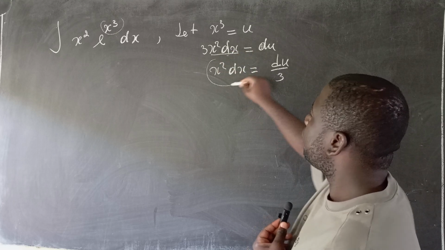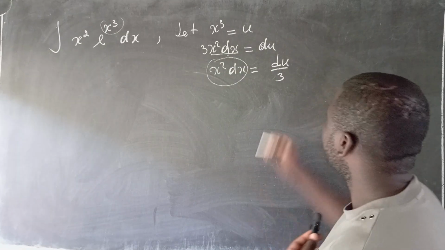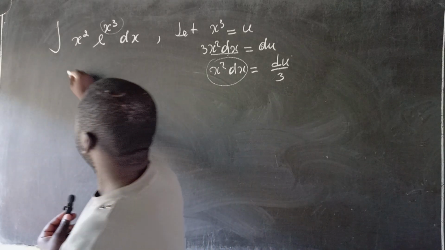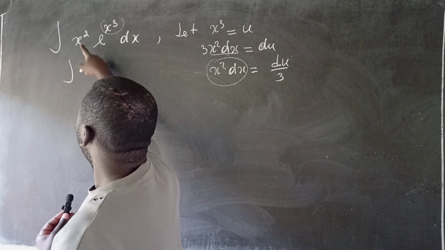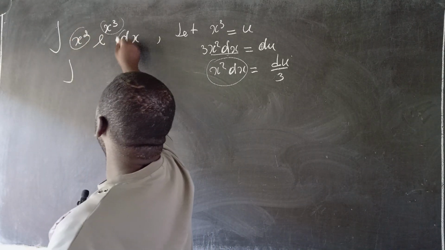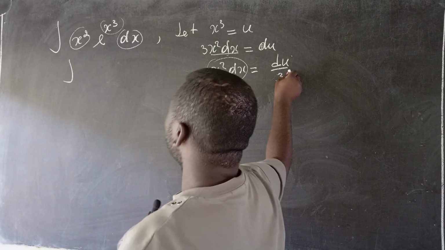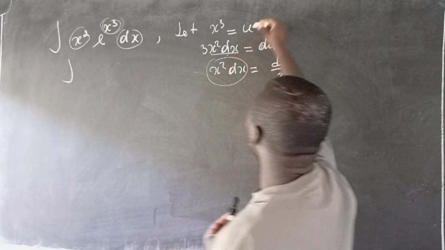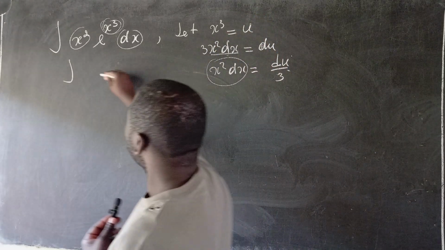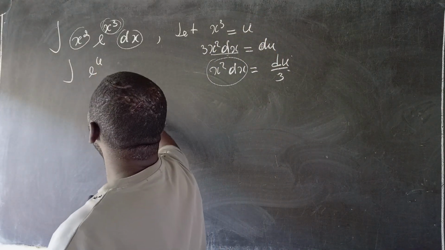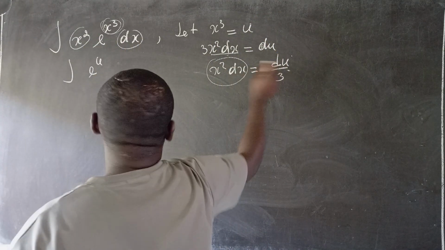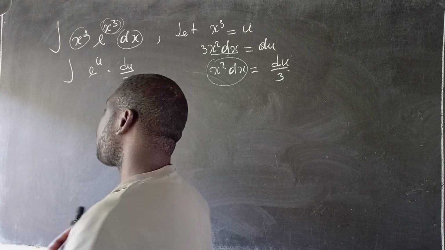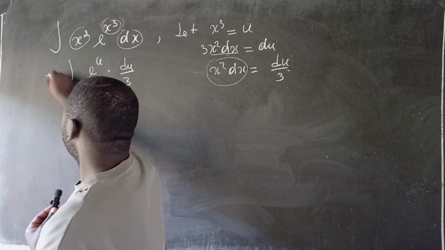Let us replace this x power 2 dx by du over 3. So we have an integral. This x square dx will be du e power. Remember, x power 3 was u. So we have e power u. This and this will be du times du over 3. So this will be equal to